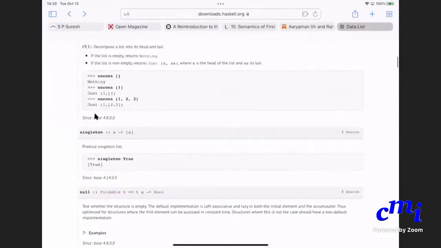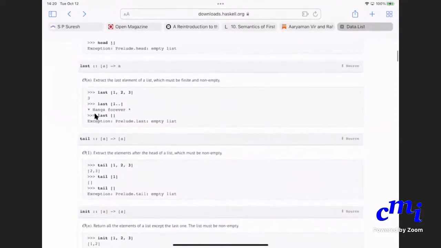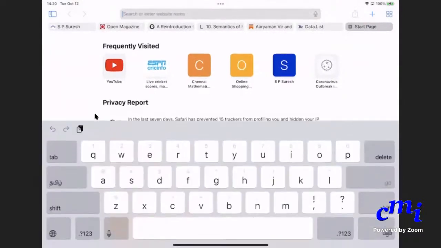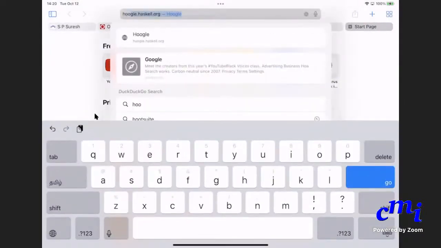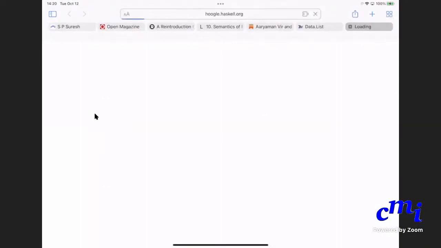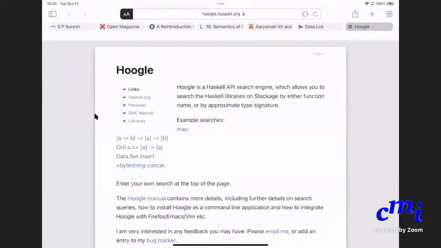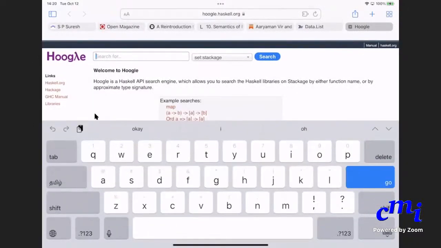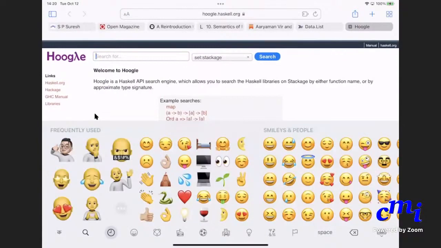The other thing, of course, is this very nice thing called Google API search. This is a good thing that you can use: google.haskell.org. There's a Google API search. You can go here and search for either the function name or just the type.